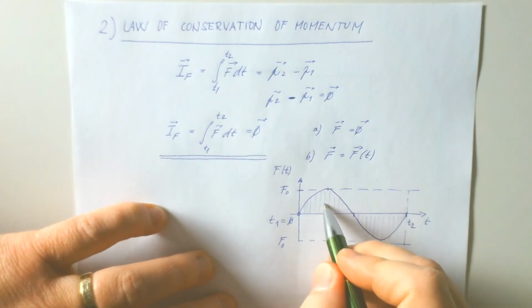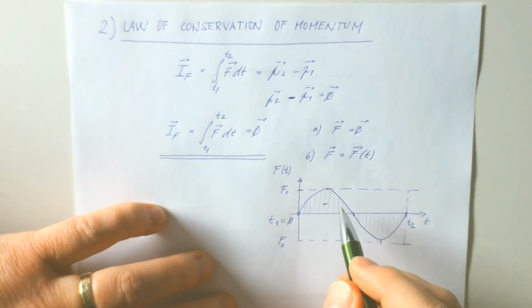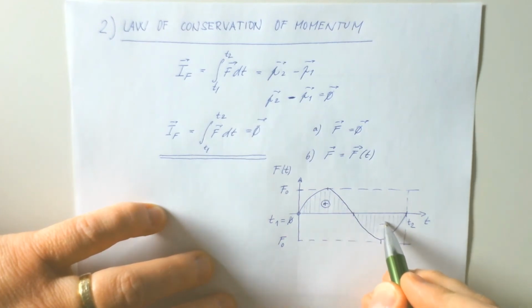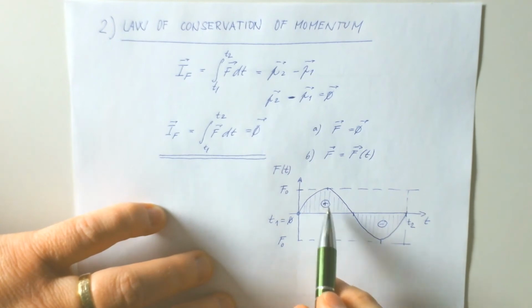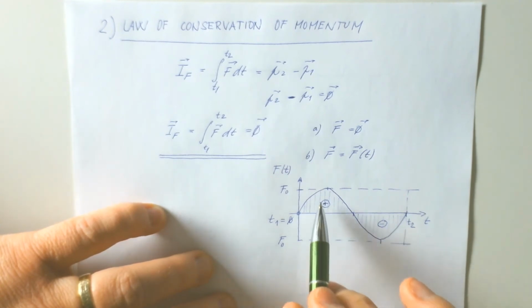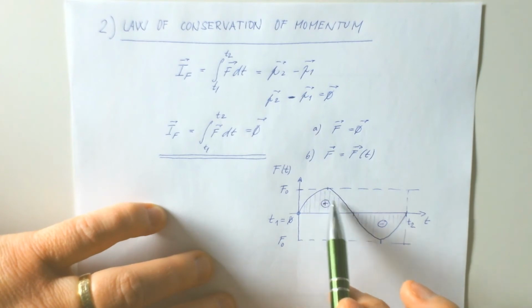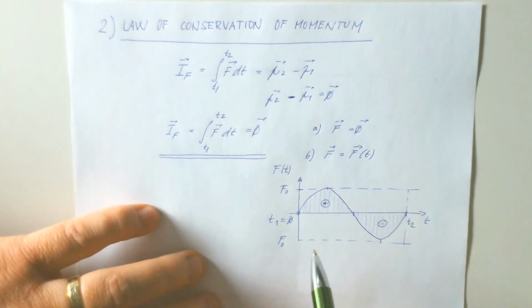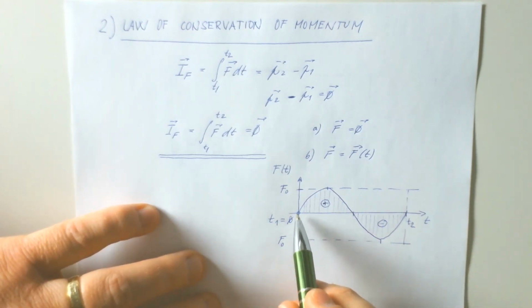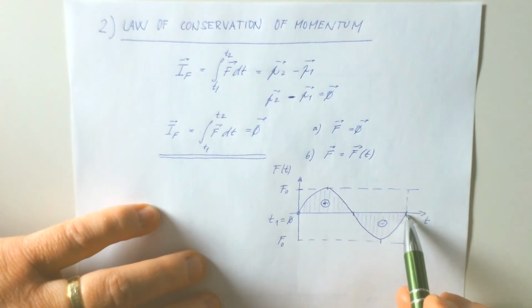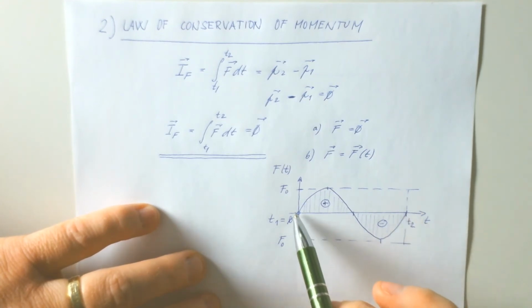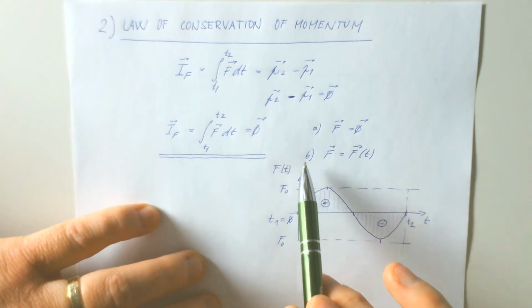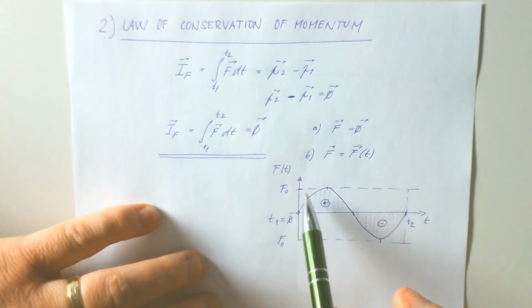Because this is the same area as here but with a negative sign, plus and minus compensate each other, and the total integral is finally equal to 0. Okay, so in a certain time, from starting time to end time, there can be some force. It's not necessary to have a force of 0 for all the time, but the integral of this force must be 0